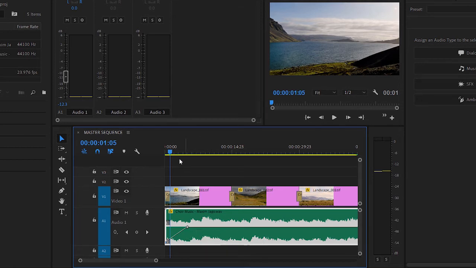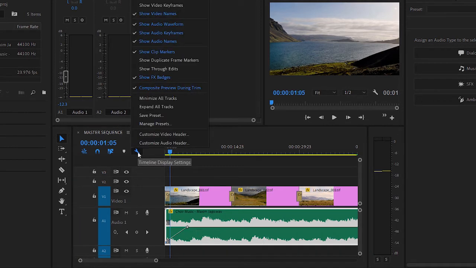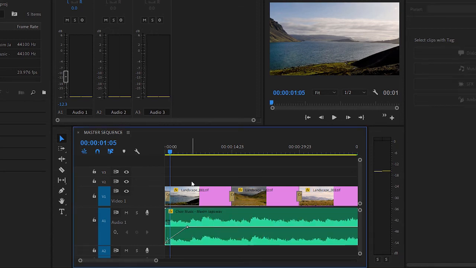I'm seeing the rubber band because, again, under the settings menu, I've got show audio keyframes enabled. I'll just undo that with Control or Command Z a couple of times to get rid of those keyframes, because we're going to add the keyframes to the track instead. So let's view the track keyframes. Here on my Audio 1 track, I've got my Show Keyframes menu, and with this menu, I'm going to choose